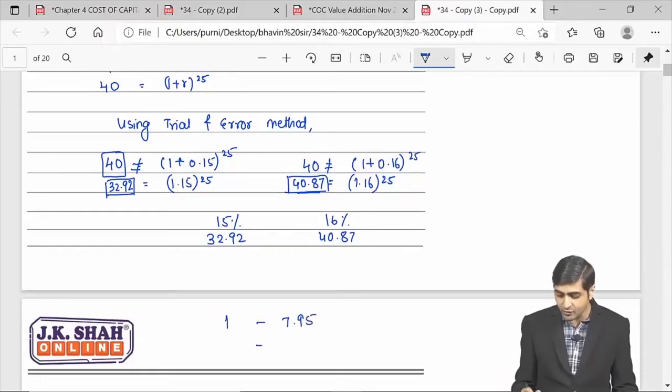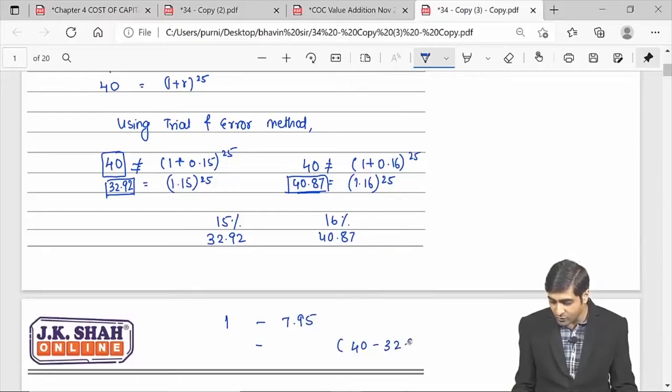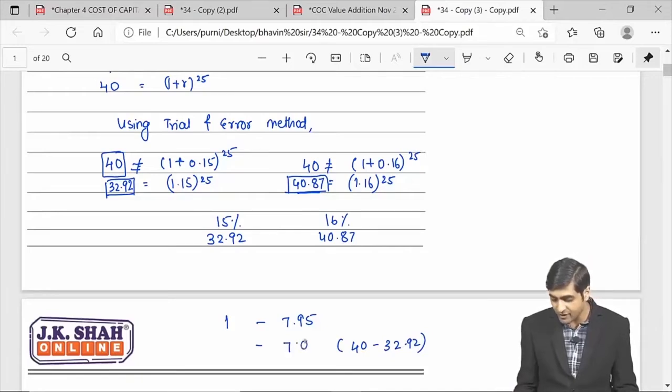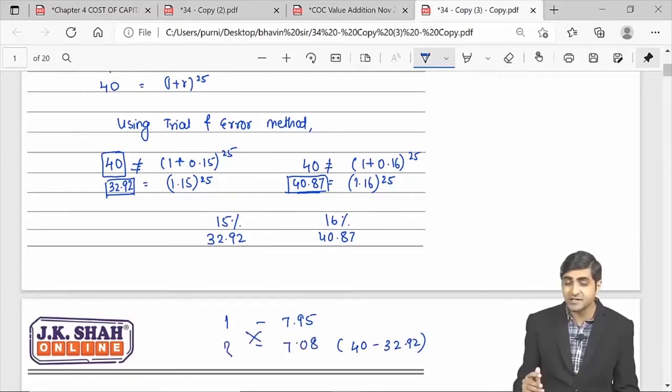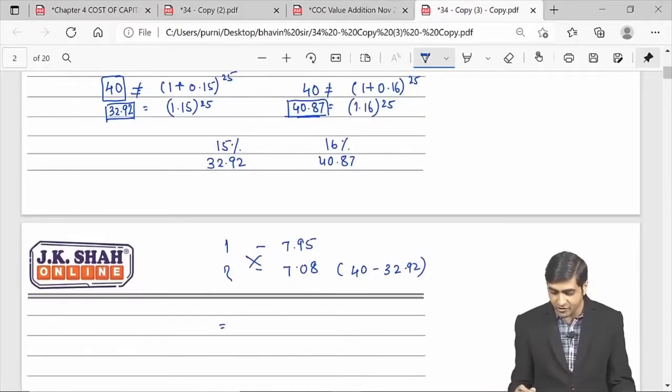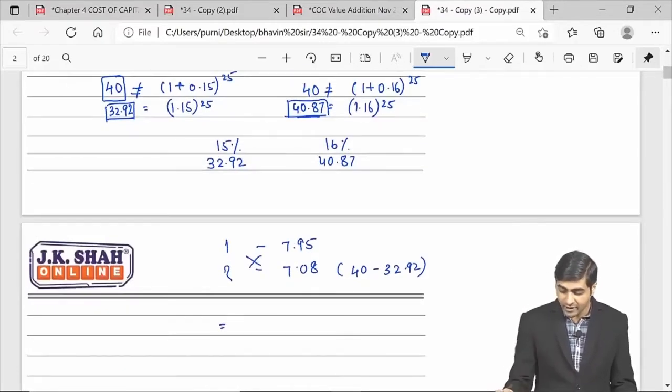But my dear students, we just want to go from 32.92 to 40. So 40 minus 32.92 will give you 7.08, and for this, how much percentage should we increase the rate? While doing this interpolation, 7.08 into 1, divided by 7.95, you will be getting